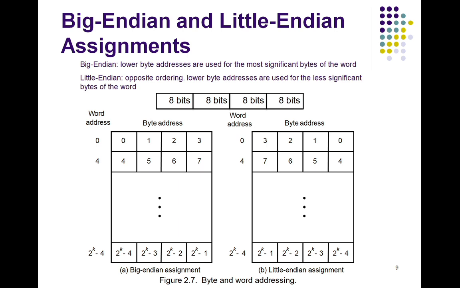Here the words represent a number. Both the little endian and big endian assignments are most commonly used in commercial machines. In both cases, the byte addresses are 0, 4, 8 and so on. They are taken as the addresses of the successive words in the memory. So here you can see the words are successive words, like 0, then 4, then 8. Here also the same, 0, 4, 8, 12. So always these byte addresses or word locations are successive words in the memory.